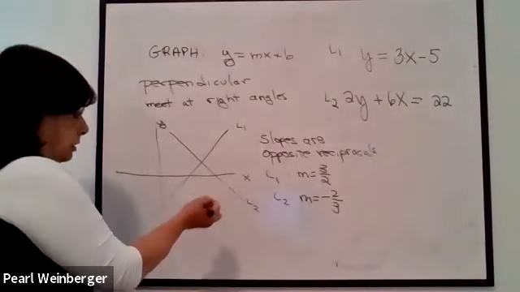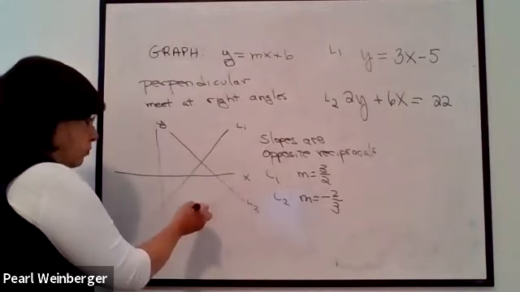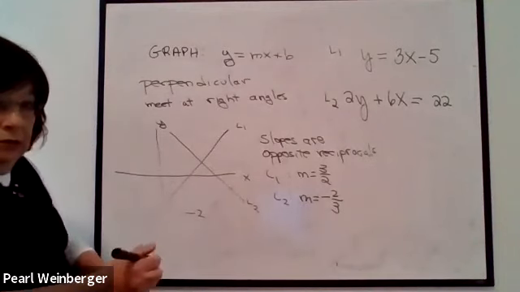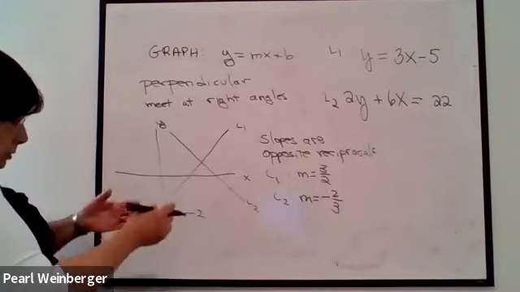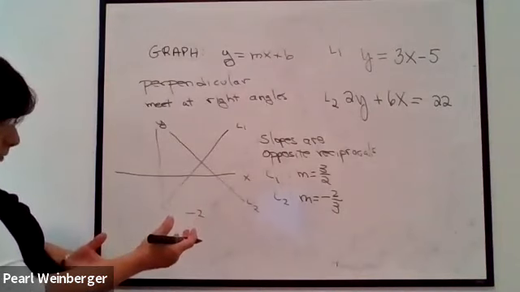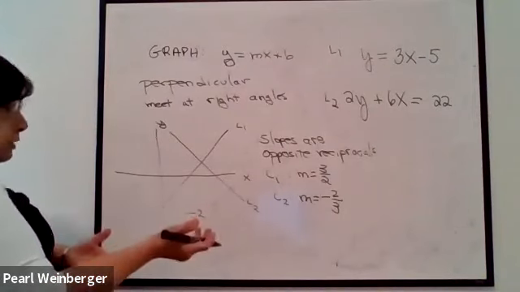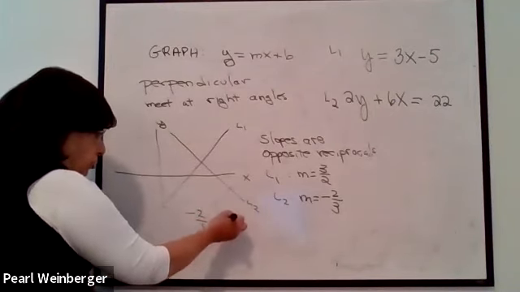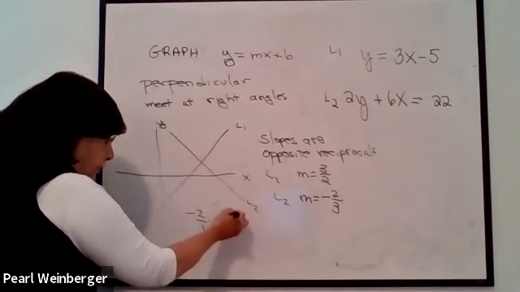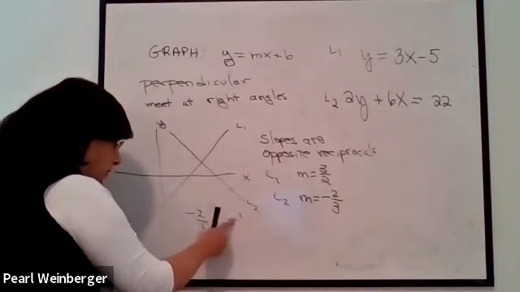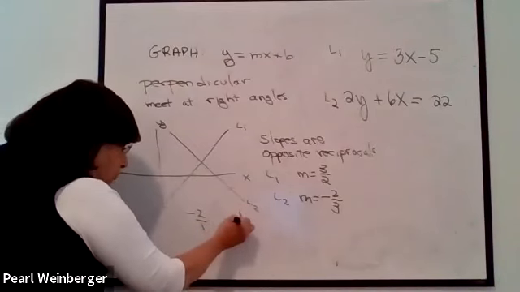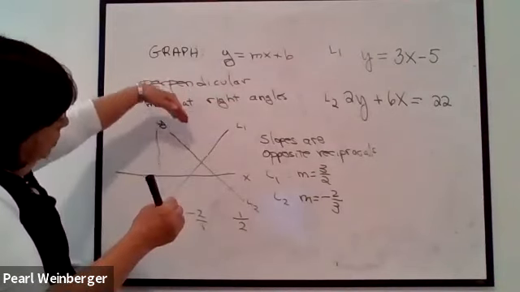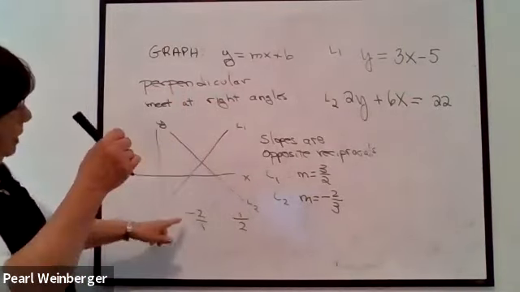Again, another example would be, let's say the slope of one line was -2. Then the perpendicular line would have to be opposite sign, so it would have to be positive, and reciprocal. Now remember, -2 really means -2/1, so therefore the perpendicular line would have to have a slope of positive 1/2. One will always have a positive slope, one will always have a negative slope, but there'll be